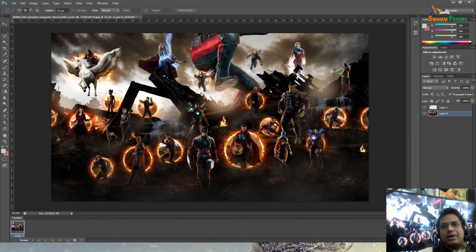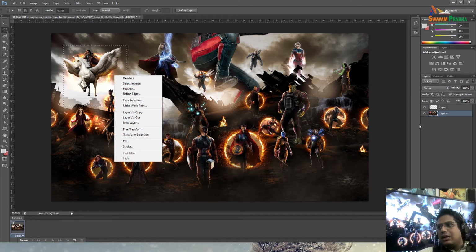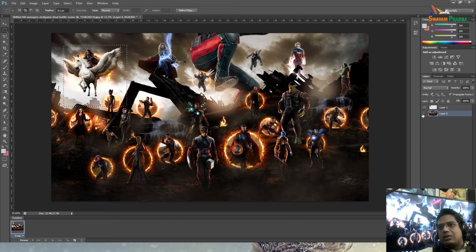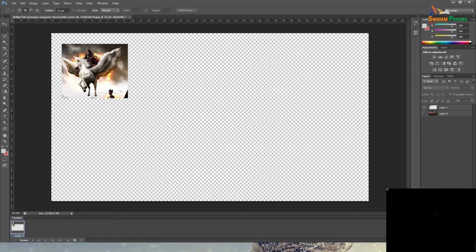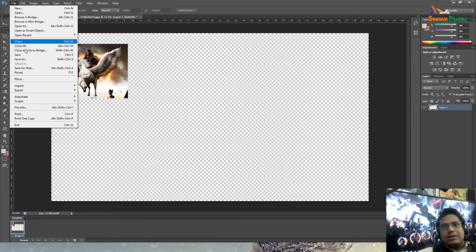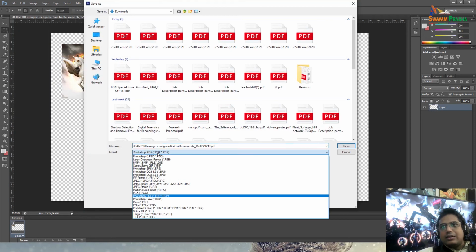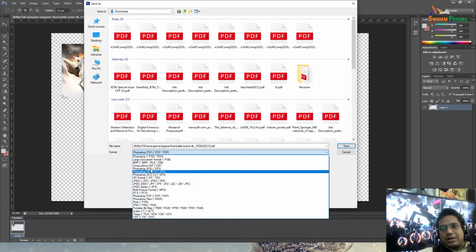So for example, here I am extracting this data. I right-click and cut the information, so this now goes onto a different layer, and the background is on a different layer. Fine. Now I'm deleting the background from here. Now let us see, I'm choosing Save As, and here you can see a lot of file formats coming up.